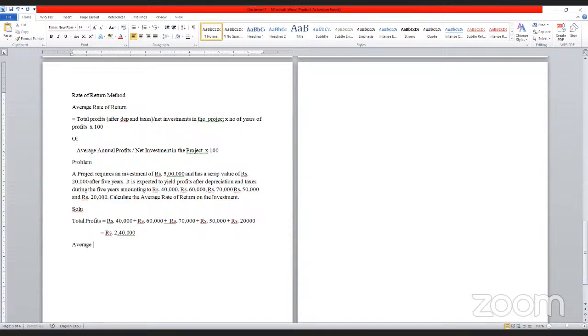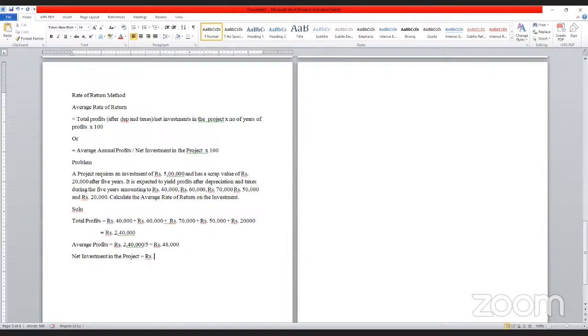Now, average profits is equal to rupees 2,40,000 divided by 5. That will be rupees 48,000. And net investment in the project we will calculate. Net investment in the project is equal to,